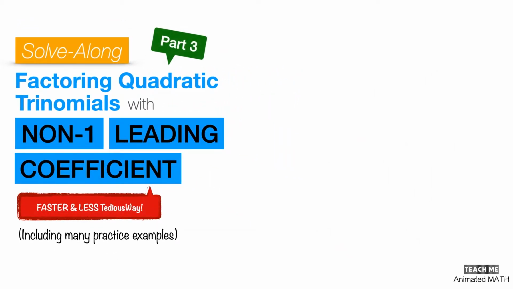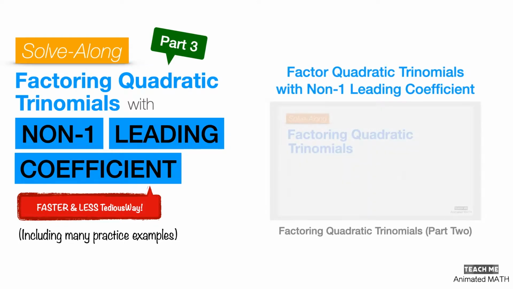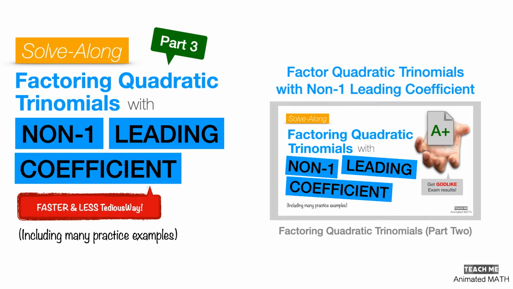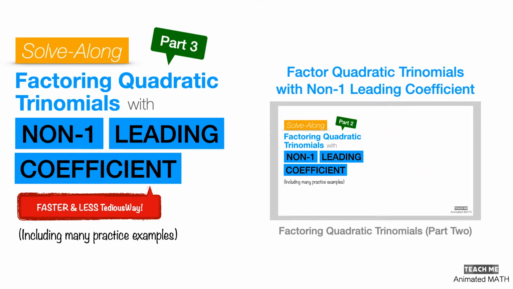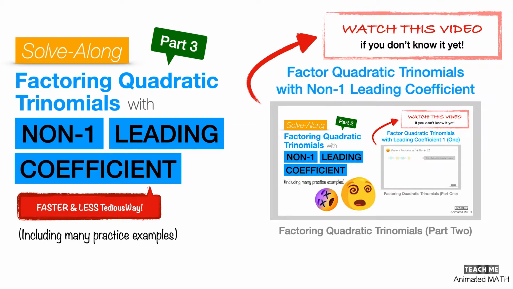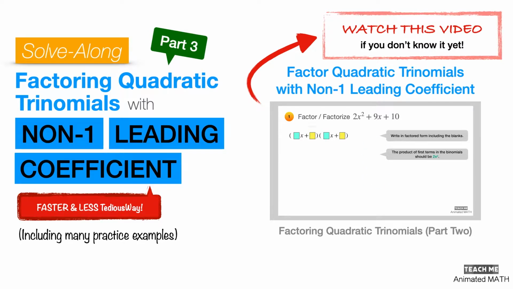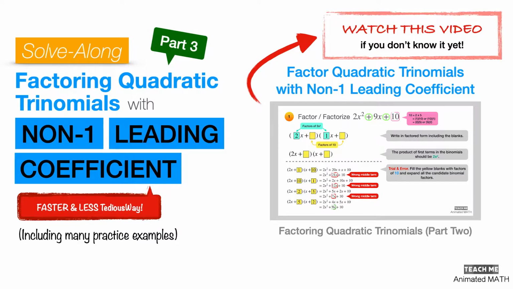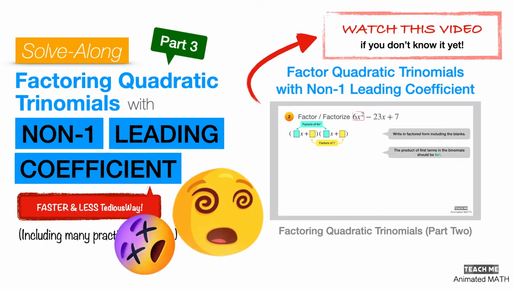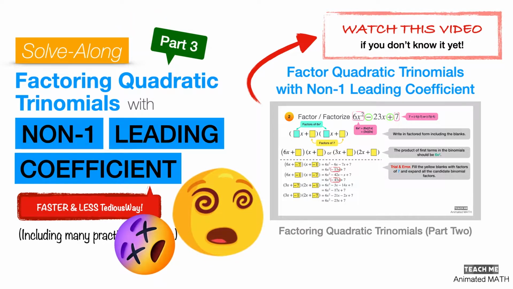This is the third part, and we'll focus on faster factoring of quadratic trinomials with non-1 leading coefficient. So if you have no clue how to factor quadratic trinomials with non-1 leading coefficient, or you haven't seen our video for it yet, then be sure to click the I button. Because if you don't have that knowledge, I can guarantee that you'll be making these facial expressions watching any video